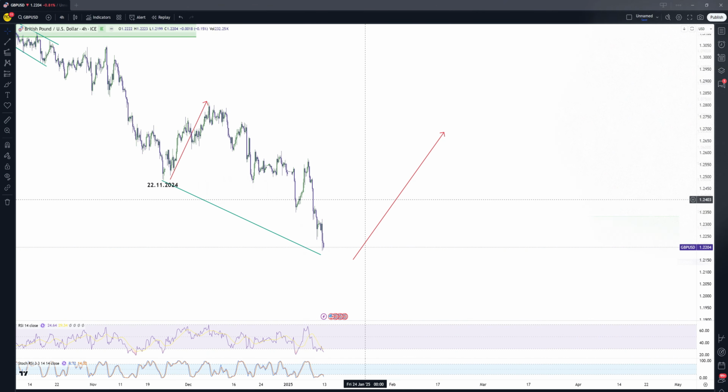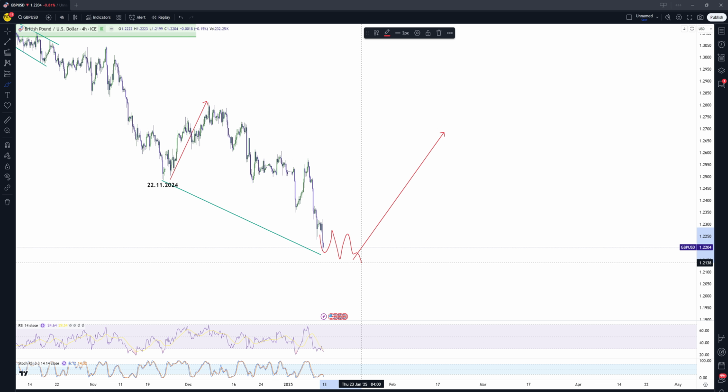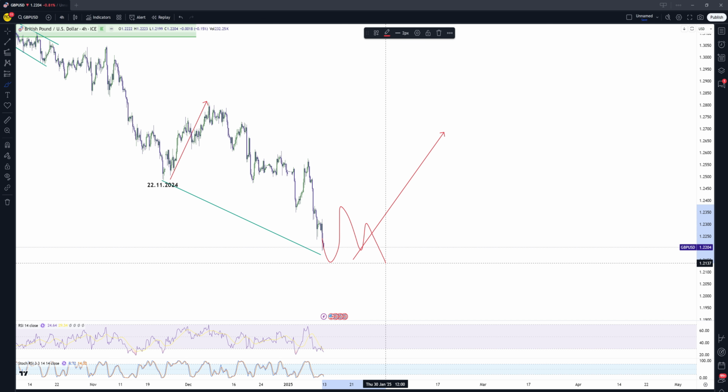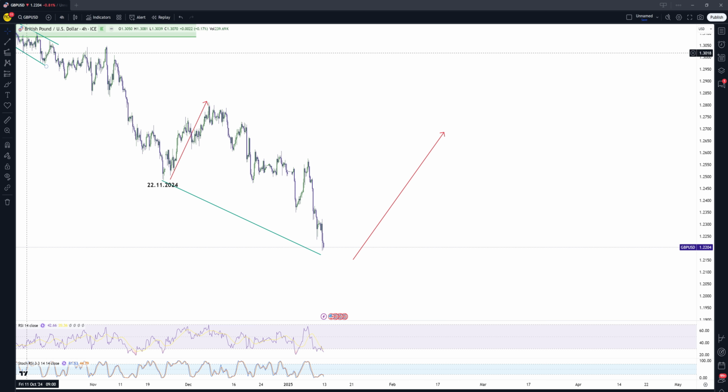For the pound dollar, similar to the euro dollar, we are approaching an end of a cycle. So this can also provide us with some more downside. It's absolutely possible. So this week might be a possible pivot week for the pound. We can have some reaction, some fight between buyers and sellers before we go to the upside. This is just, again, the bigger move that we are expecting.